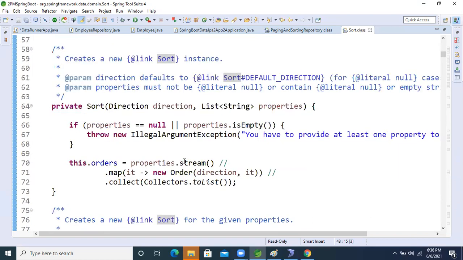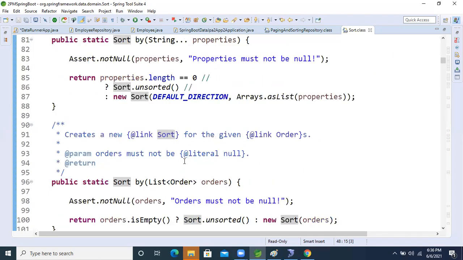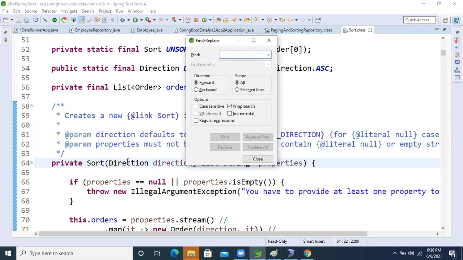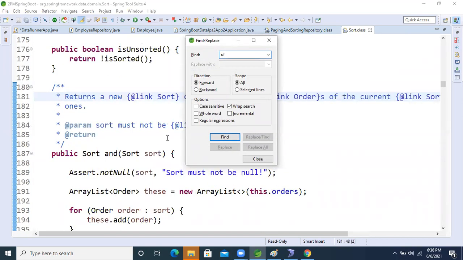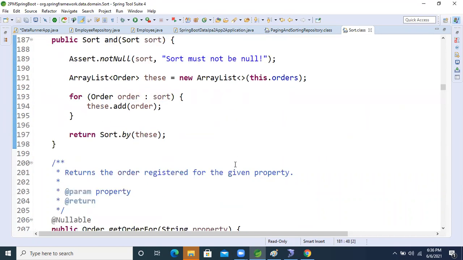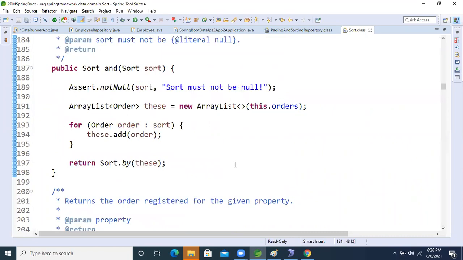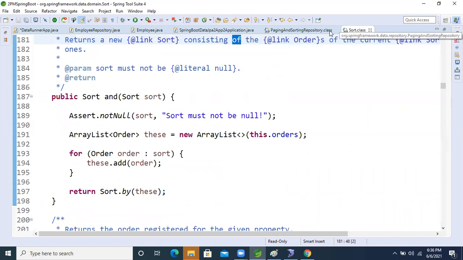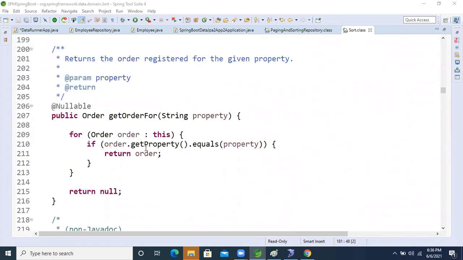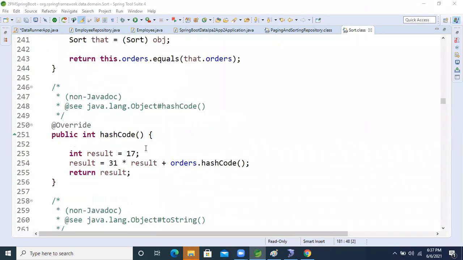Where is it now? Sort by, sort of. One minute guys, Control F. I want to see that method, where it is.